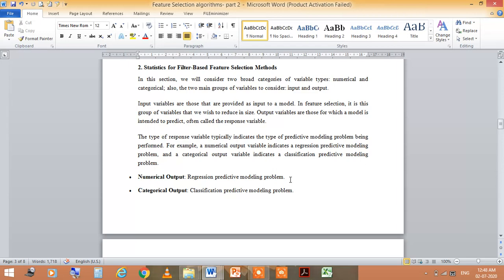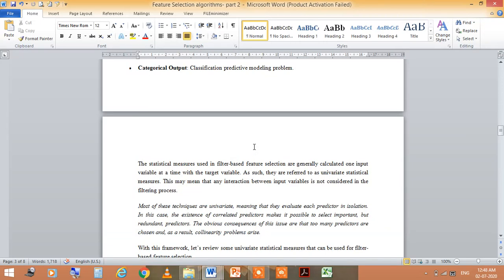In this section, we will consider two broad categories of variable types, numerical and categorical. And there are also two main groups of variables to consider: input and output, right? For numerical output, regression predictive modeling problems are used, and for categorical output we use classification predictive modeling problems.